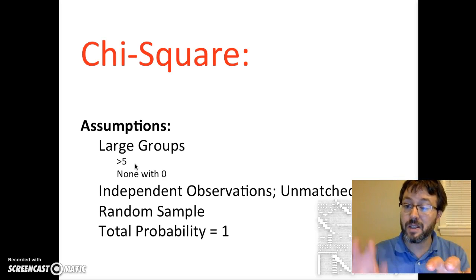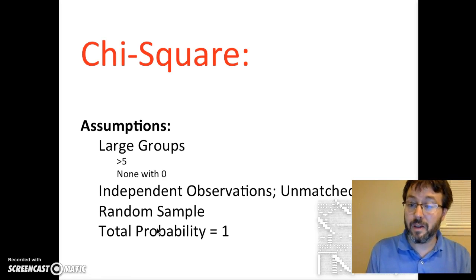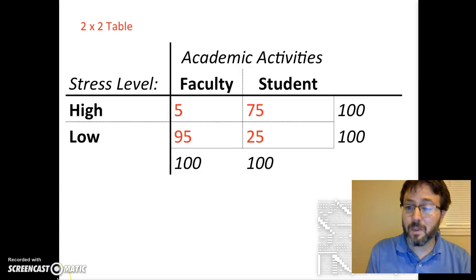But if these are faculty and students who don't share academic work or relationship together, then the observations for their stress levels would in fact be independent. It assumes that we have a random sample that we have selected from the population, and the total probability of an event is 1. So if we look at the probability assumption here in this 2x2 table, the total probability that someone will have a high stress level,